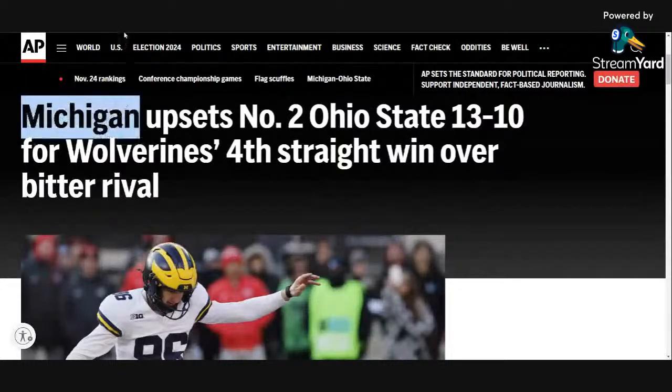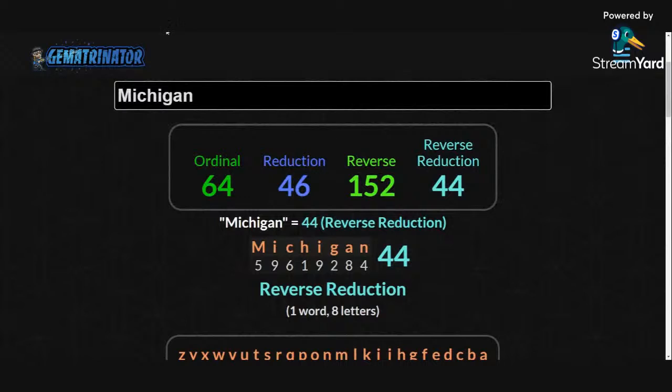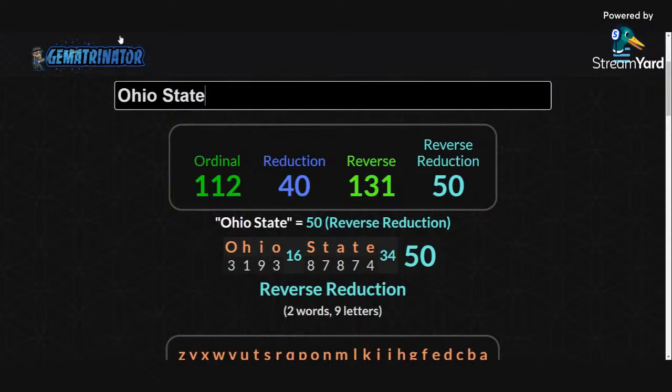Obviously, Michigan, with the big upset here, you're gonna want to put Michigan in here. Okay, and Ohio State. Let me copy that and put that over here as well. And we just try to keep it as simple as possible. Obviously, we're going to take note of these numbers here.